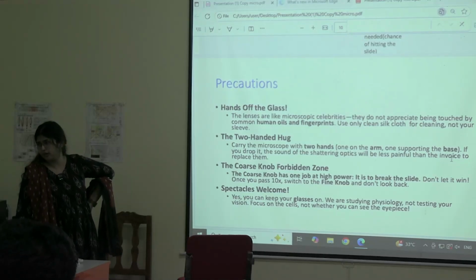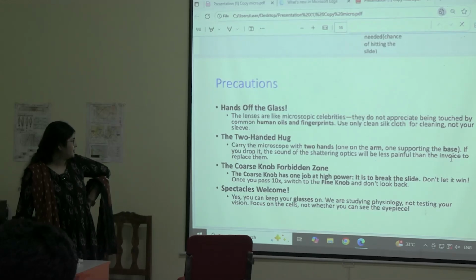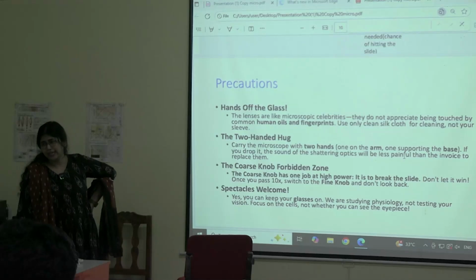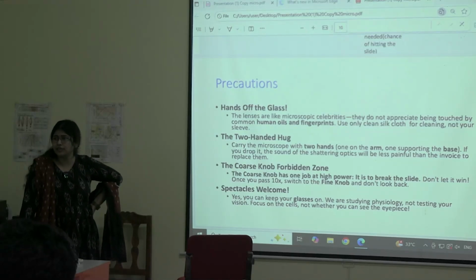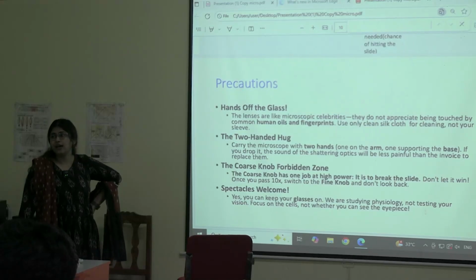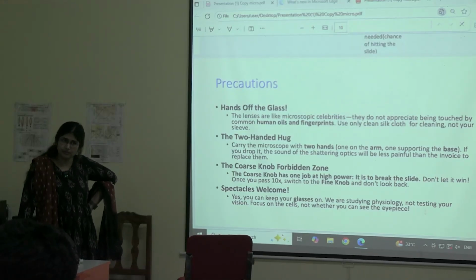I hope you are all aware what an invoice is. The coarse knob is a forbidden zone. The coarse knob is only used with the low power. Please avoid using it with the high power. If it is absolutely essential, only then use it. Otherwise, there is no need.